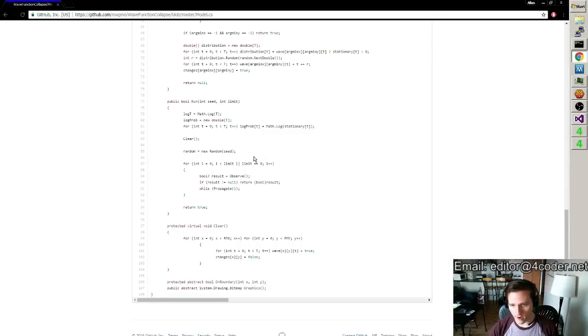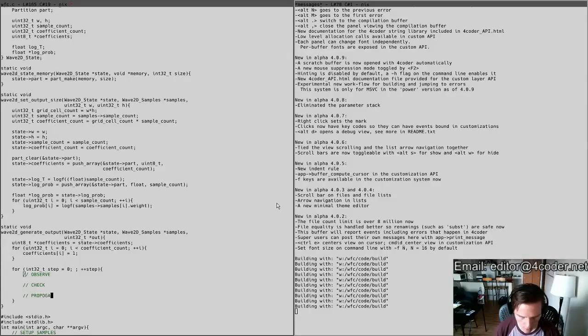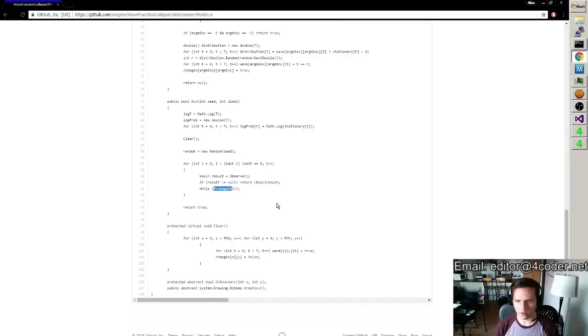Okay, so now it runs an observe step, decides whether to continue, and then propagate. So observe, check, propagate. Propagate. There we go. Now, during the observe step,